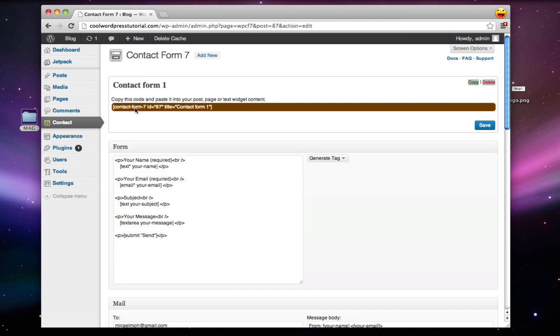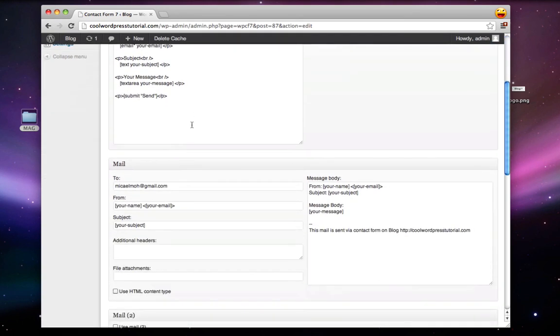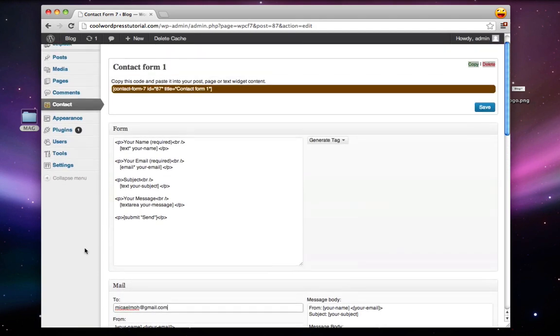So before you do anything else, make sure that this is the email that you want to use on your contact form. This is where the emails will be sent to. And if that's correct, then you can just copy this right here by highlighting it and